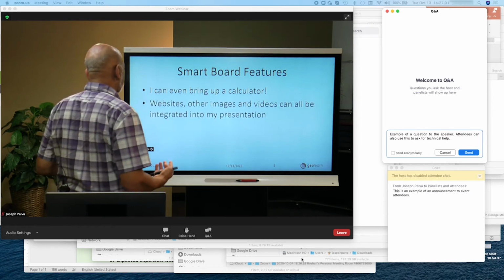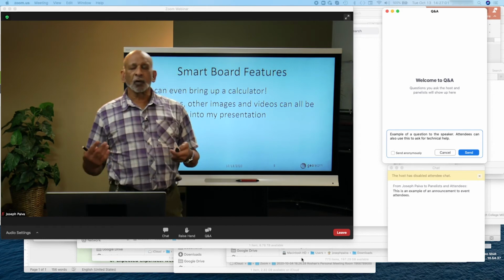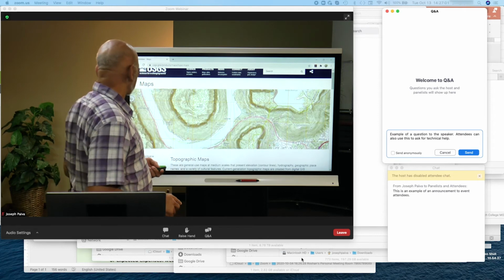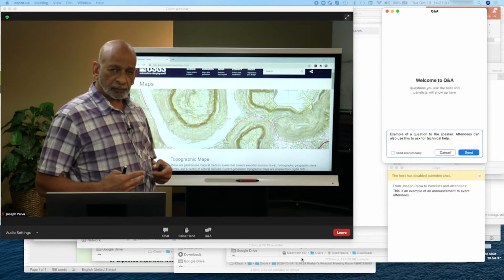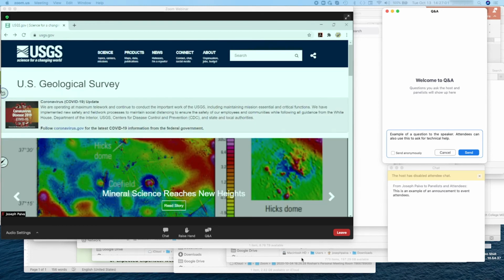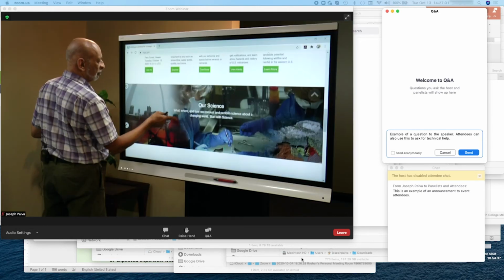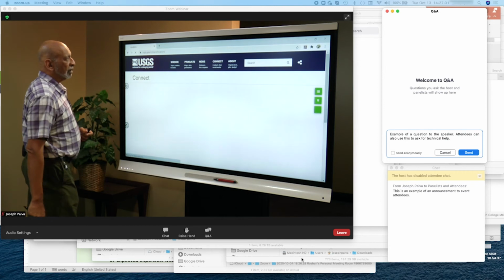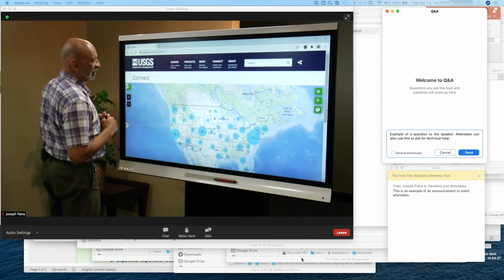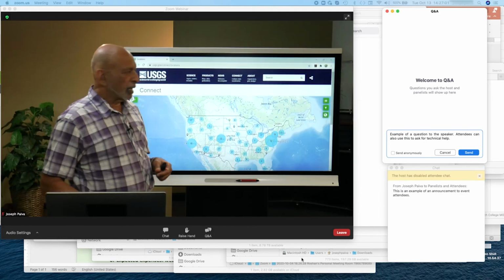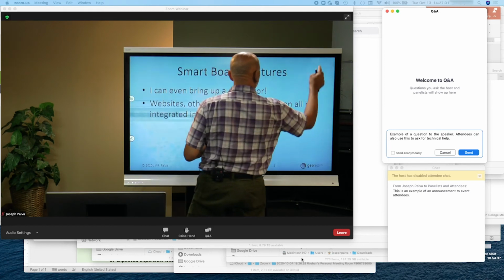Pointed out the calculator. Something else I can do is bring up software or websites by actually bringing up a browser, which is what I'm going to do right here. And there's a browser. We can show the close-up, and I'm going to back up to a different part of the website and scroll up and down and show perhaps an important part of the website easily and make a selection where you can see the selection the same way you would do if you're sitting at a computer. And then going back to the PowerPoint,